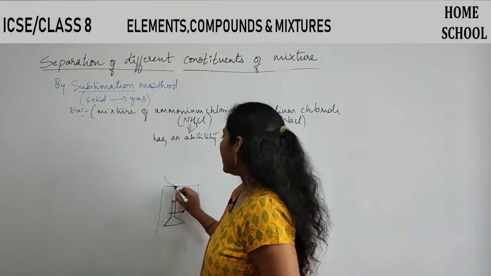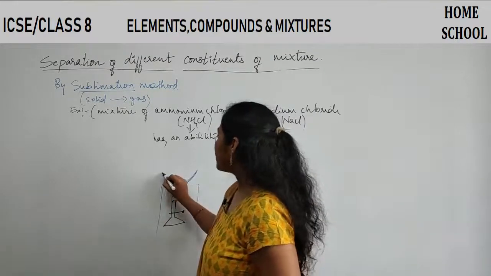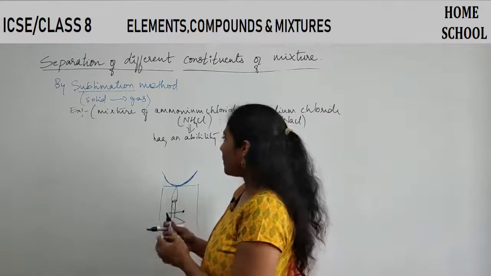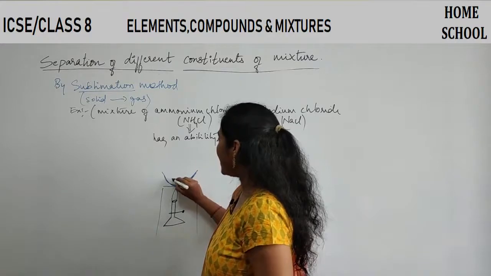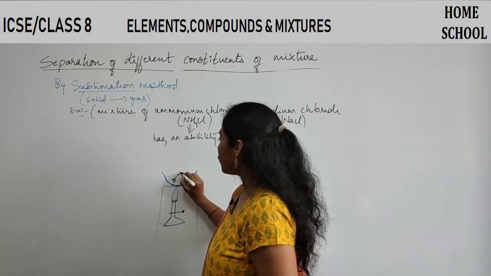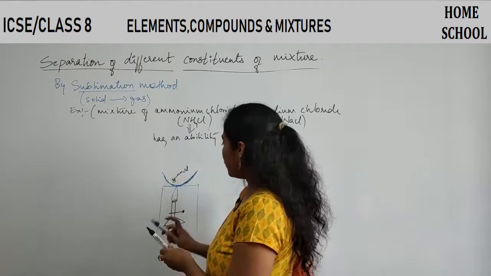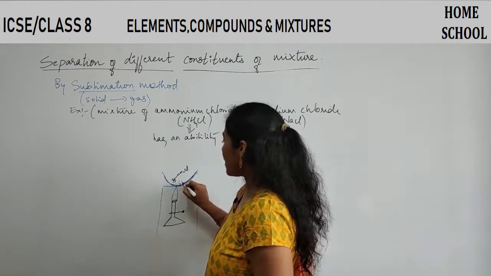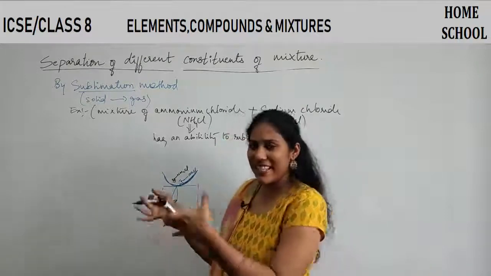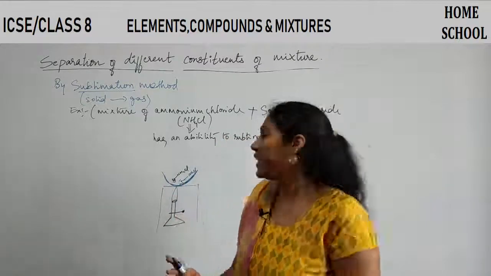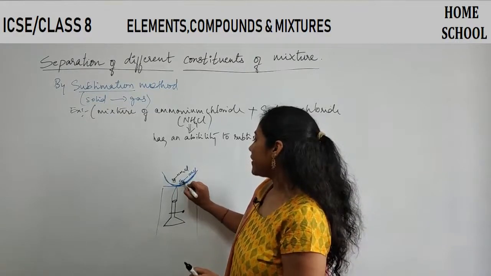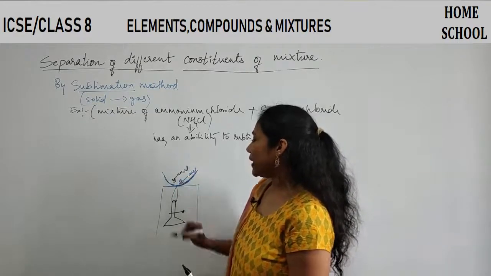Okay, so here we will keep a bowl. This is a container where you have a mixture of NaCl and ammonium chloride. See, let me take it as NH4Cl, and you know the blue color stuff is what? NaCl. So the NaCl is completely mixed with ammonium chloride. Just for differentiation purposes, I am showing NaCl with blue pen and ammonium chloride with black.